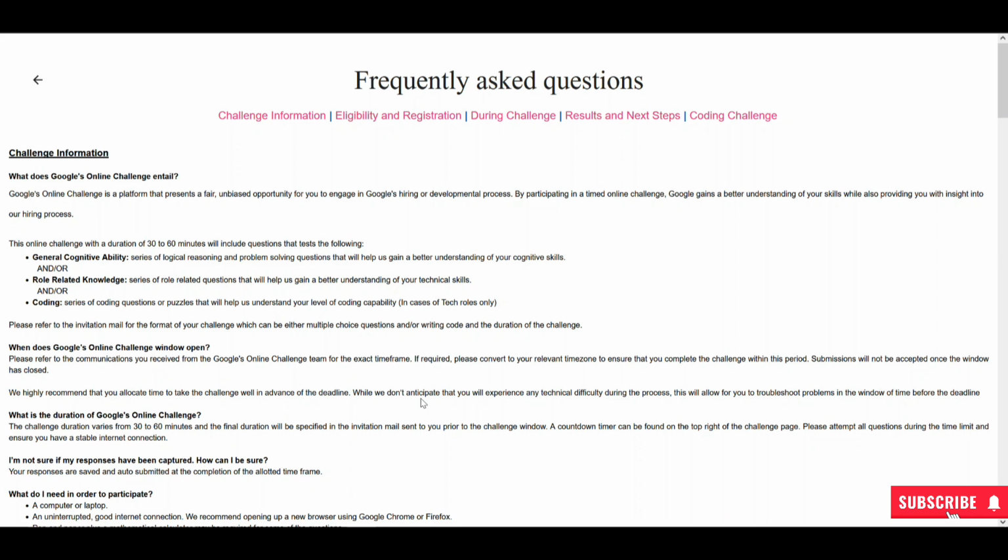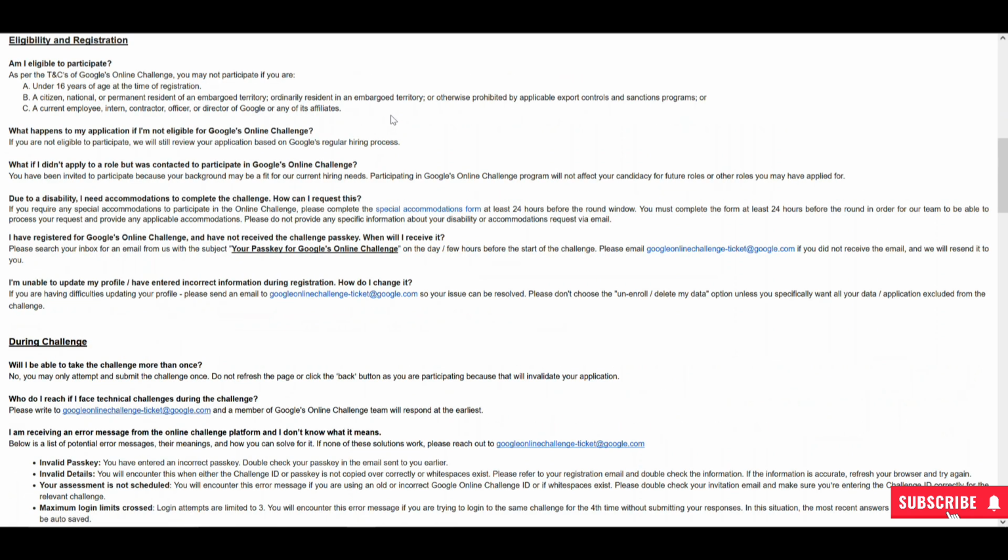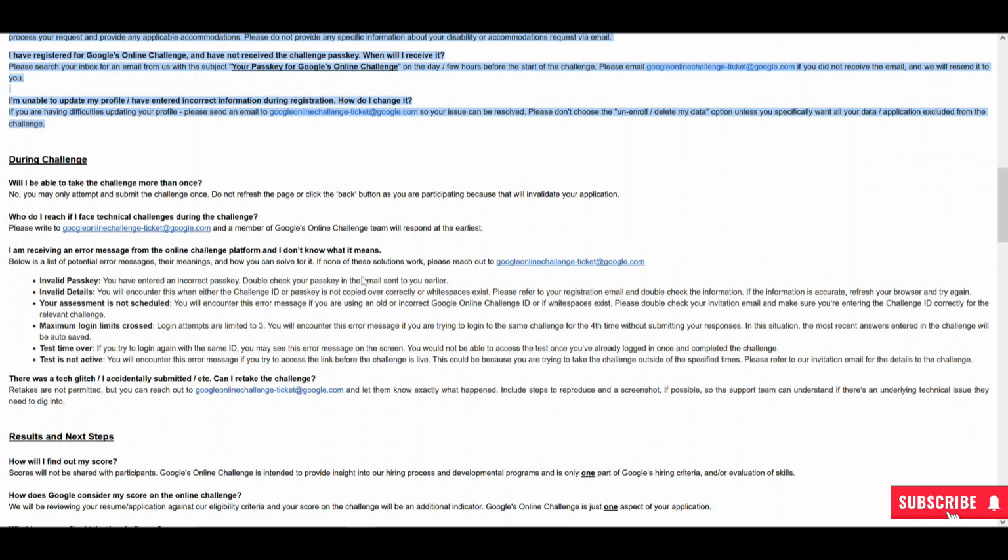What is the duration of Google's online challenge? This online challenge, with a duration of 30 to 60 minutes, will include questions that test the following: general cognitive ability, a series of logical reasoning and problem-solving questions that will help us gain a better understanding of your cognitive skills, and/or role-related knowledge, a series of role-related questions that will help us gain a better understanding of your technical skills, and/or